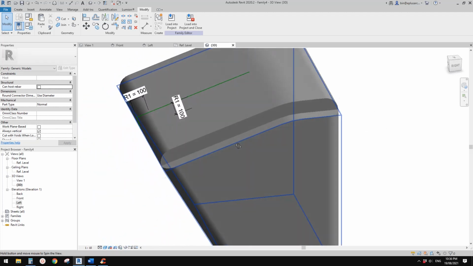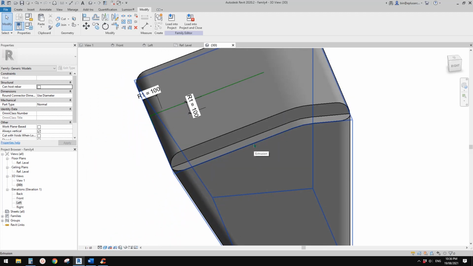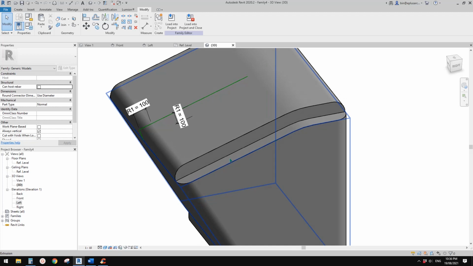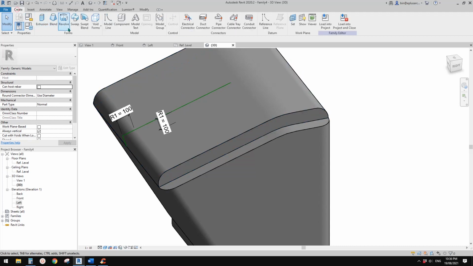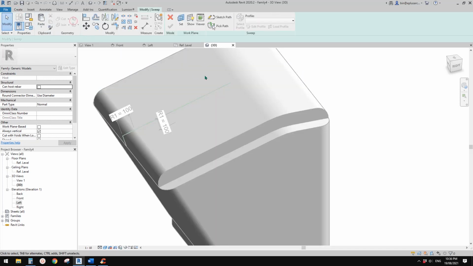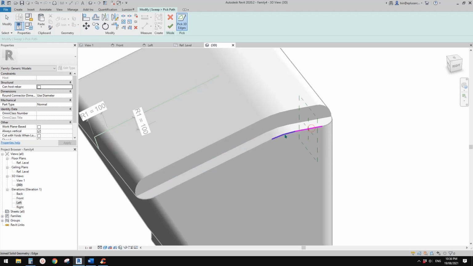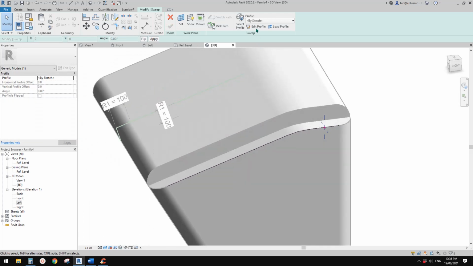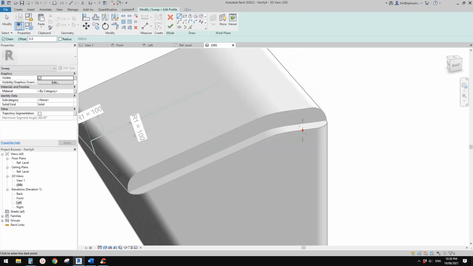So now, yeah, I know it's awkward, but now we can try to fill this part. So we can do this. So sweep, pick path. So start from here, here, here, and then finish,